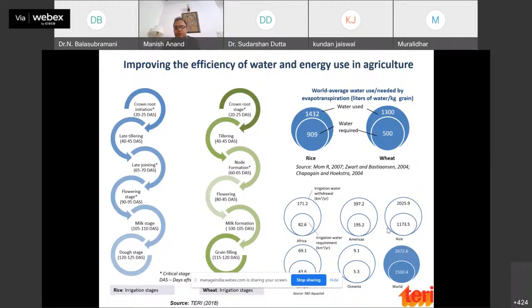More in terms of the water challenge in farming, we are all aware that as a result of the green revolution, yields have increased, but at the same time, we have increased water use. And so windows for irrigation at critical growth stages in all crops, say for example, as shown in the slide, rice and wheat, are small. Therefore, farmers have tended to over-irrigate to ensure enough hydration at those critical stages. If the plant cannot access enough water at those times, you have a crop failure. So where the water source for irrigation is groundwater, we see over extraction of groundwater. As a result, the groundwater level falls and more energy is needed to pump it up so as to guarantee